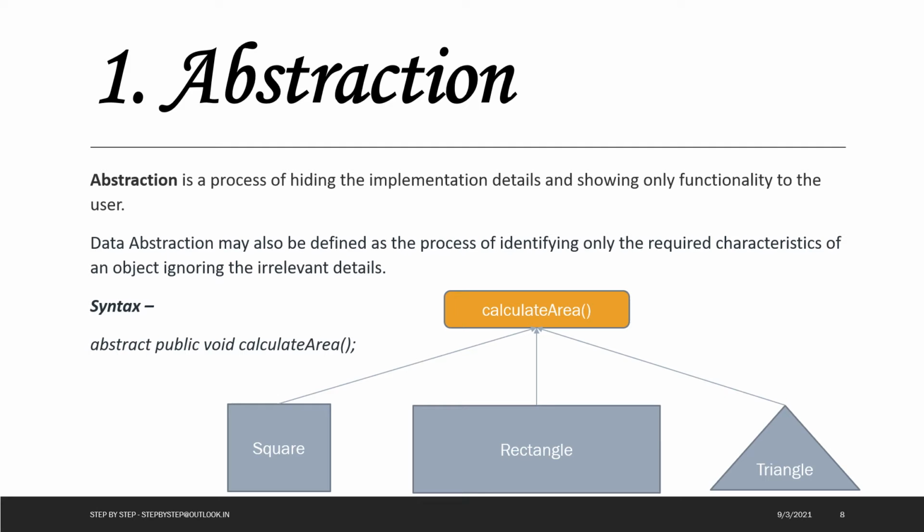So user doesn't need to worry about how this method is implemented. He or she might only be interested in getting the area for square or rectangle or triangle. So that's how the abstraction will come in the picture, that it will hide the internal implementation for that method calculate area, because for calculating the area of the square, the formula will be different. For rectangle it will be different. For triangle it will be different. So that all will be done as part of this method, and this will return the calculated area. So user will be only interested in getting the area, right?